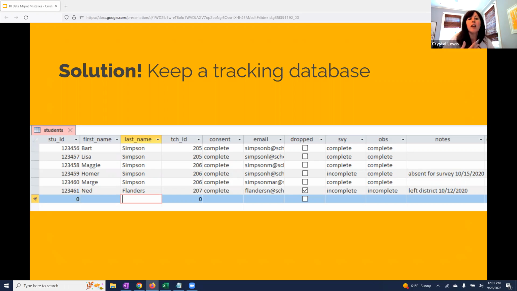Because remember, all of our research data will need to be de-identified. So if you collect any data with names and other identifiers, you will need to remove the identifiers and replace them with your study ID. So this database will be your only file that has both name and ID in it. Because of that, this tracking database is never shared outside of your team, and it should be stored securely and only accessed by key personnel.